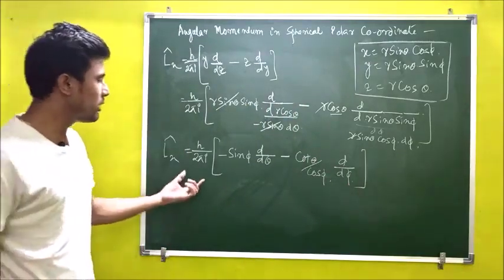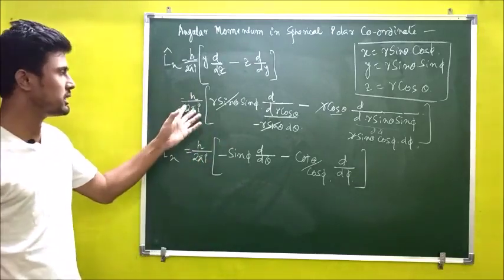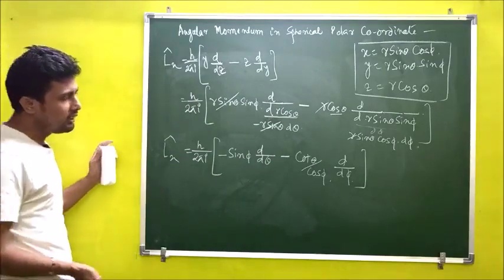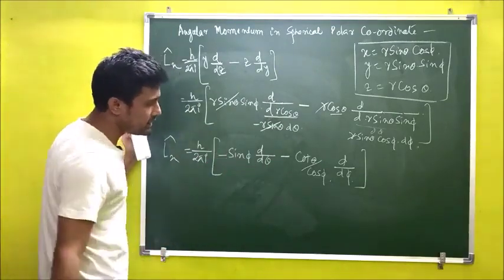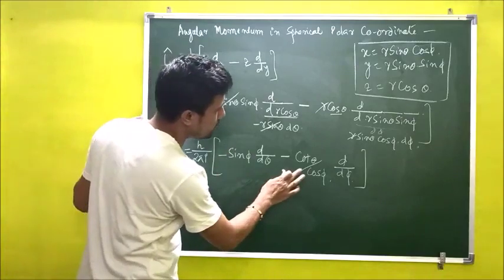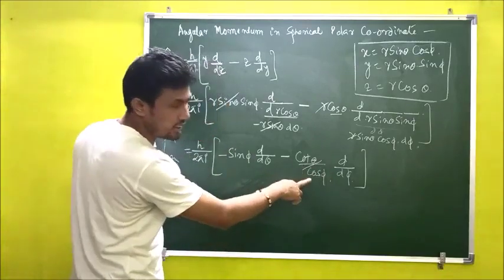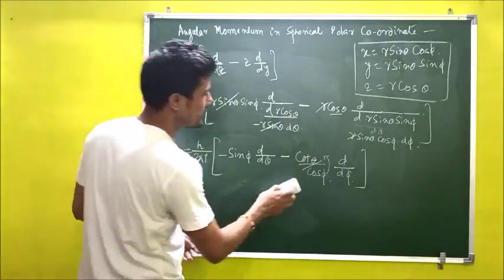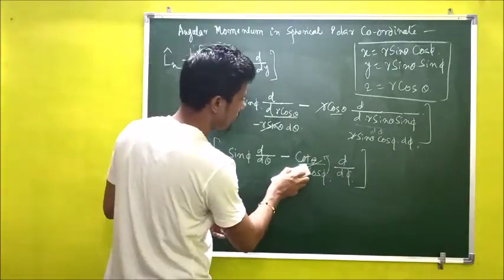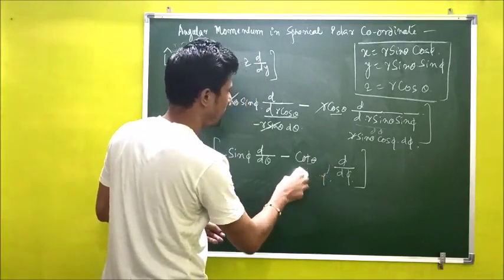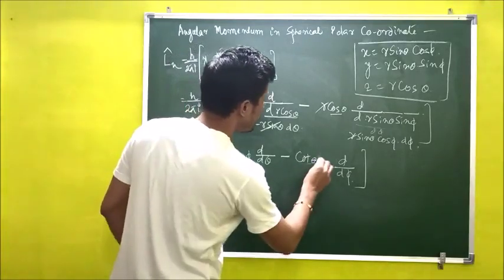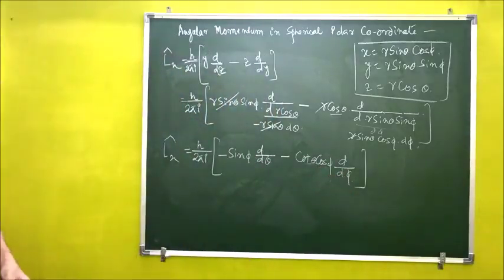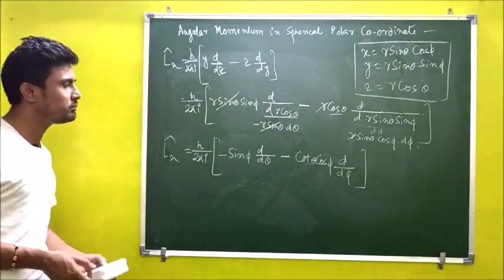This is the result we are getting from the trick, by substituting the value of x, y, z. But in real, this is not exactly the same. There is a simple change in the accurate value. This cos phi in the denominator should be in the numerator. So the change we have to do is to make this cos phi in the numerator: cot of theta, cos of phi. So this is exactly the result. This is how you can calculate. This is the trick.